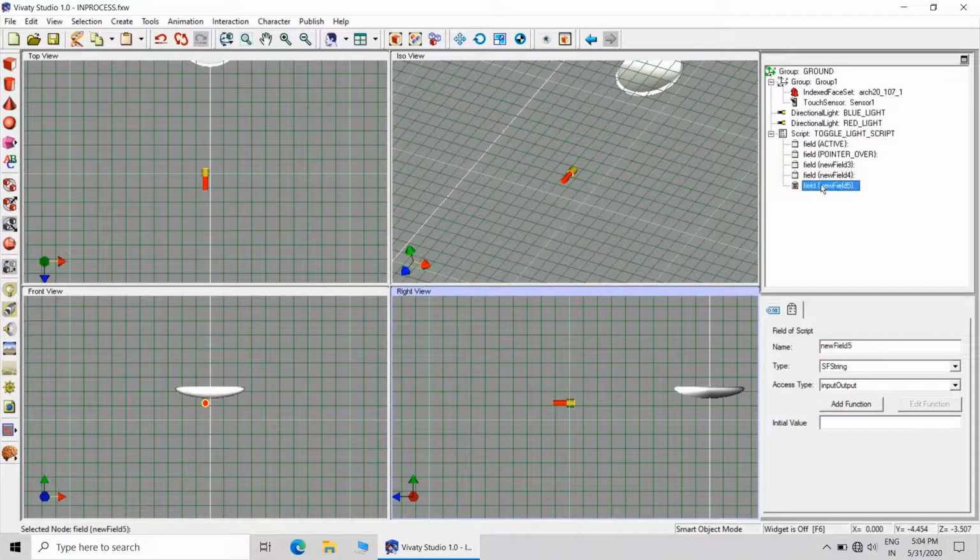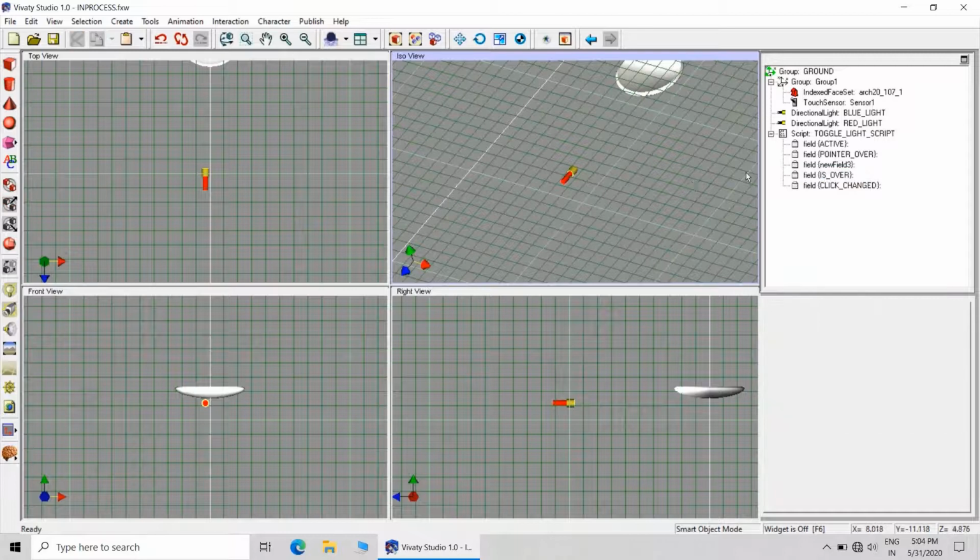The fourth will be is over, and the fifth will be clicked underscore changed. So these are the fields that we have created.